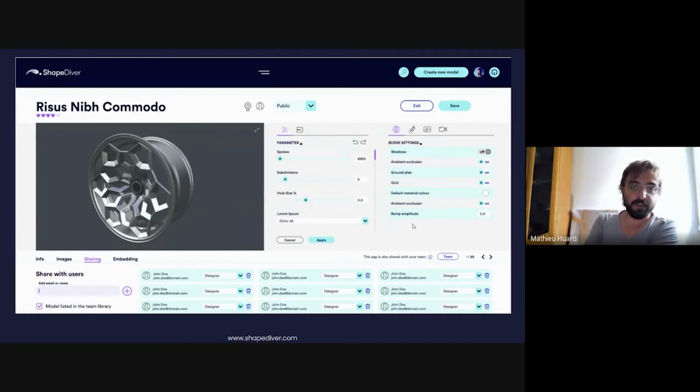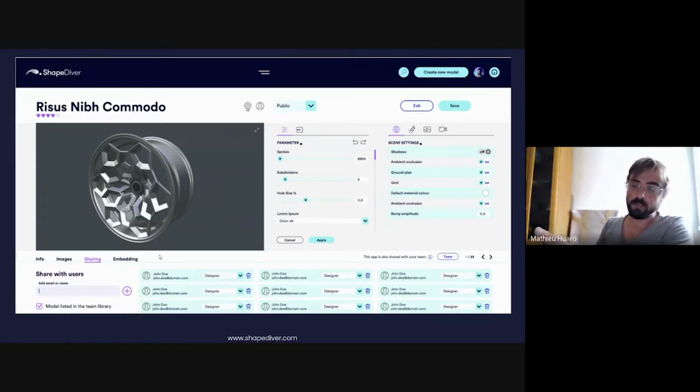So I just had a quick look, like a teaser of how the new platform will look, more or less. If you are familiar with our old platform, you'll see that cosmetically it's very different. But one of the aspects I wanted to underline with this screen is this possibility of sharing with users. It's just one of the multiple ways where all the new features have an emphasis on collaboration,